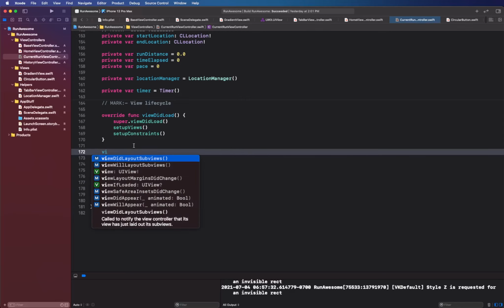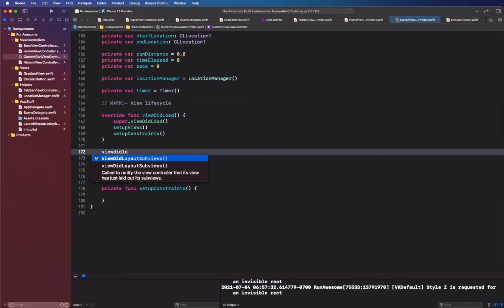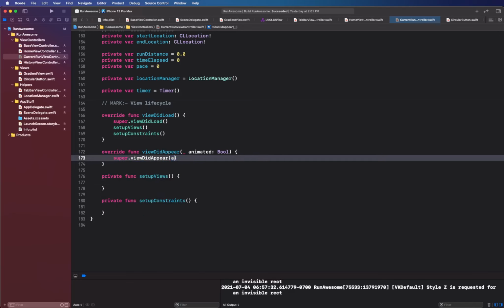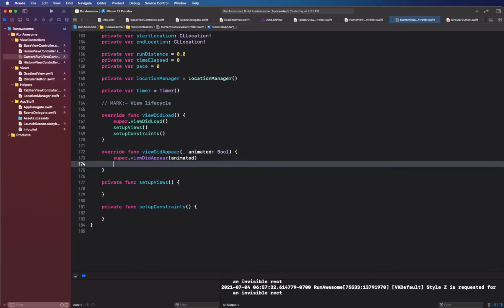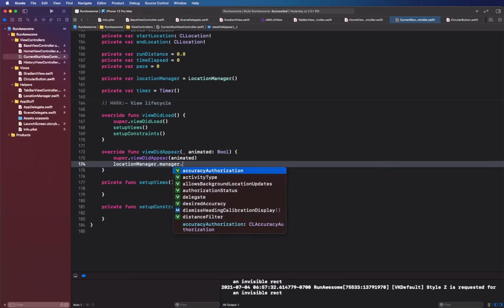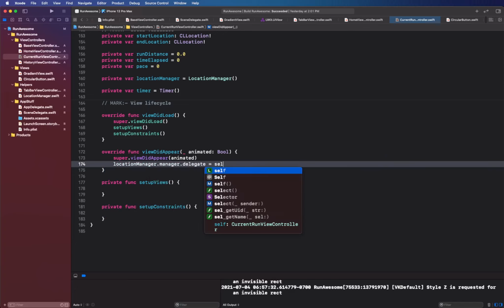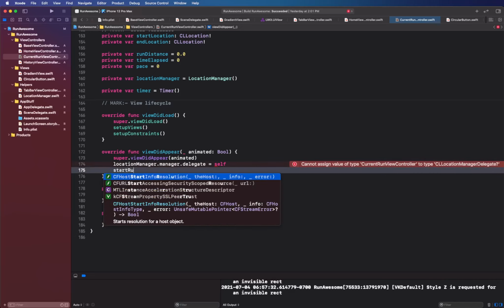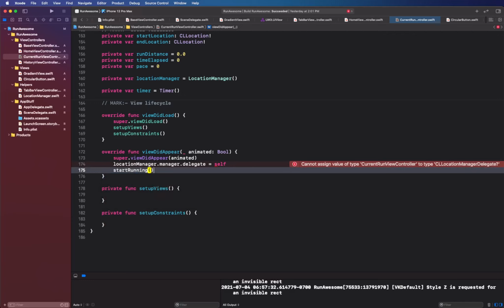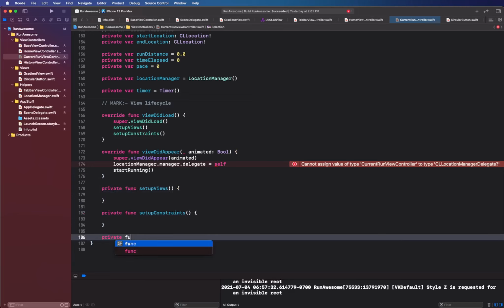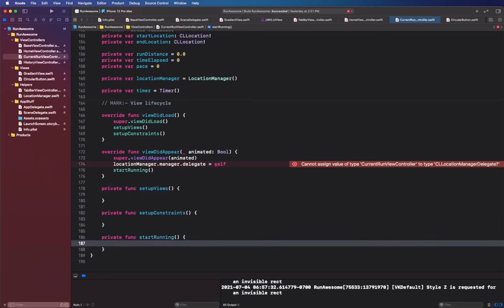But on view did load, or view did appear actually, the first thing we want to do is call view did appear for the superclass, and we're also going to call the location manager, get the manager and assign ourselves as the delegate, and we're going to create a function called start running. Okay, all right,